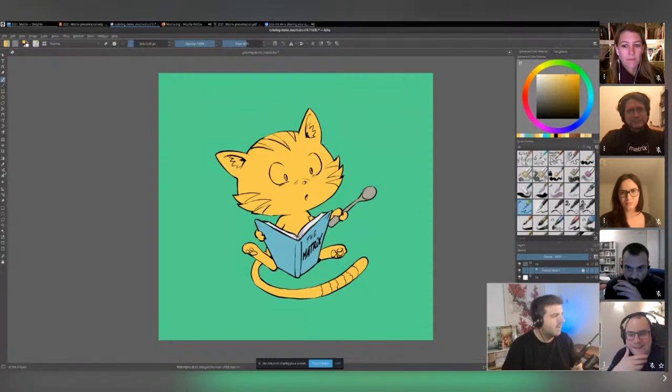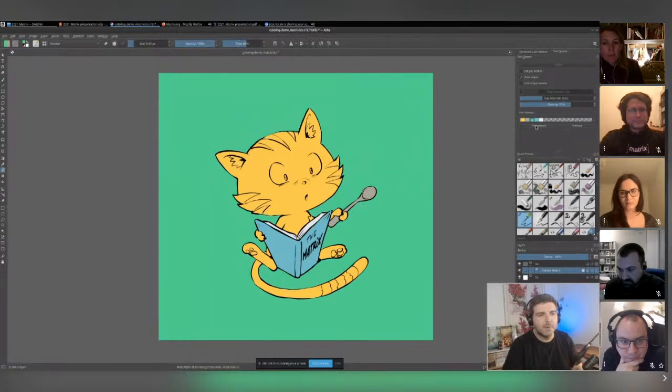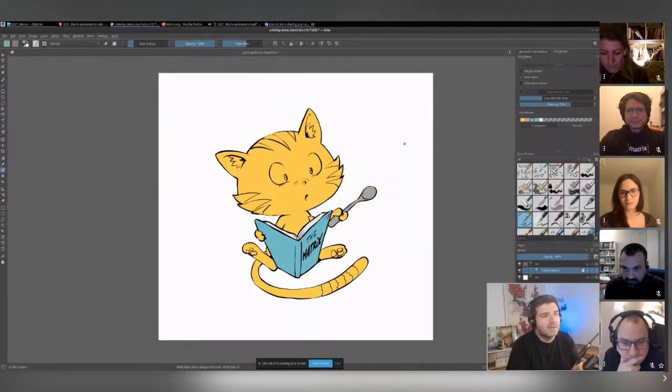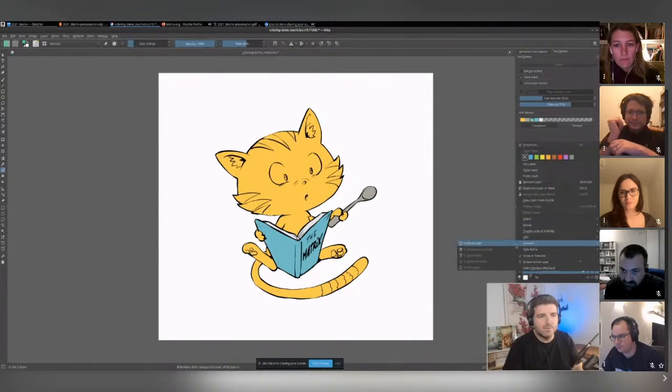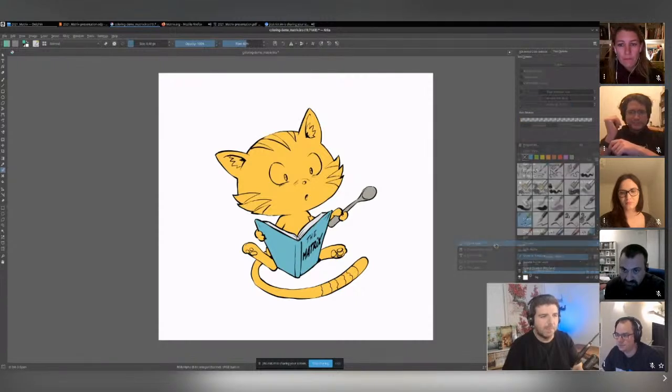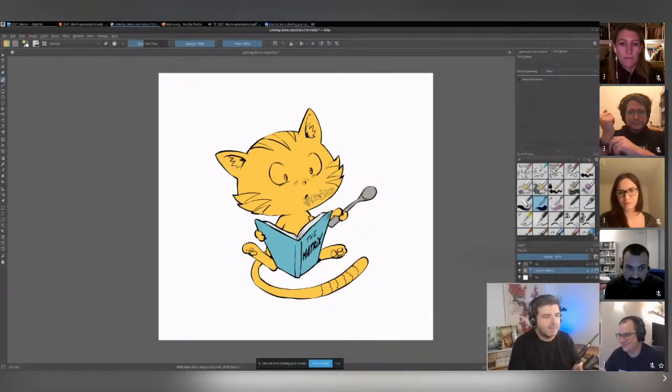If I select the colorize mask tool and go to the tool options, I can now set one of these colors to transparent. And I will click update. And now I have my background that is transparent, the green screen. And so I can convert this layer to a paint layer, for example. And now it's not some marker anymore. I can isolate the transparency, for example, and take another brush and start painting inside, coloring other things and shading